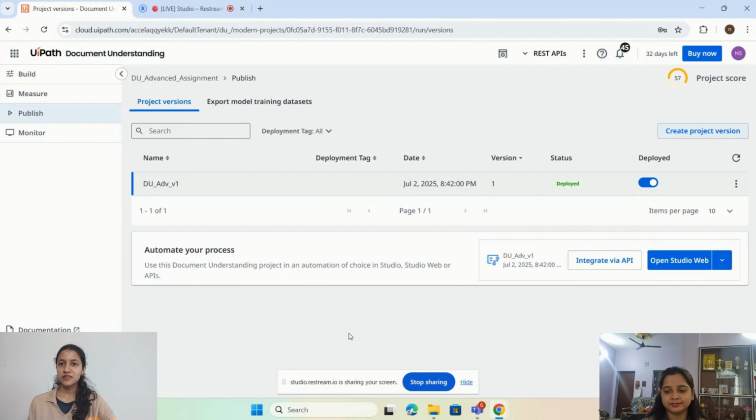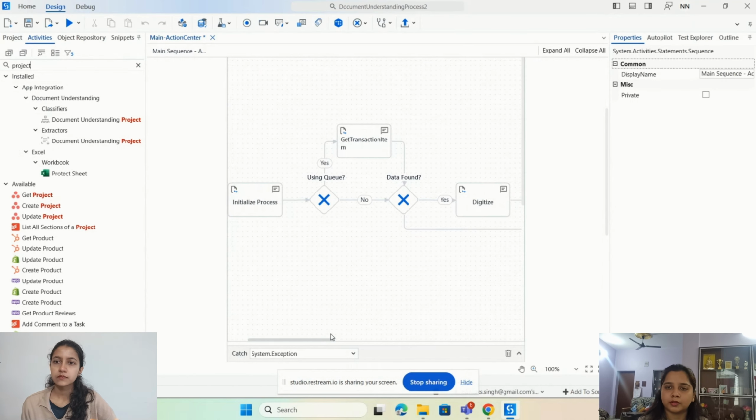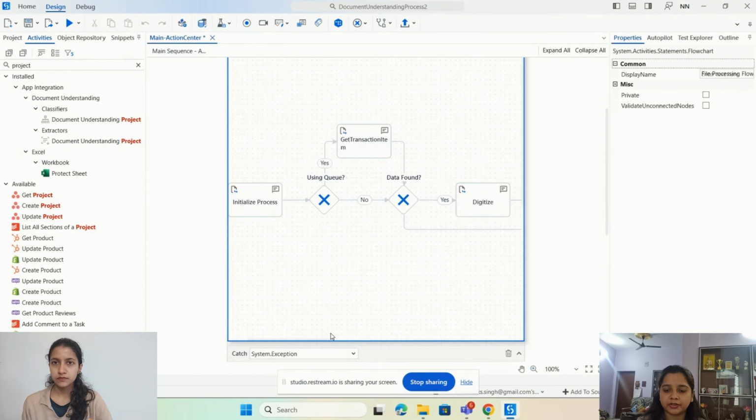Okay, Nishi, that's very thorough. Now I understand you mentioned the utilization of the ML model as well. And for our listeners who are thinking about implementation, could you explain how we take this model and utilize it in Studio? So when it comes to utilizing the ML model, what you need to do is go to the extraction stage.